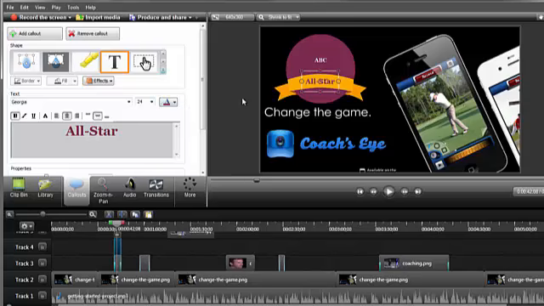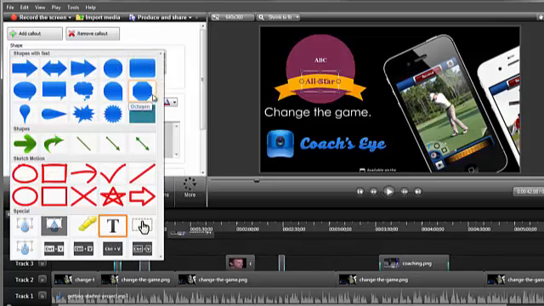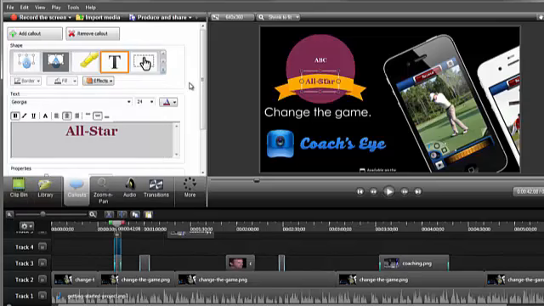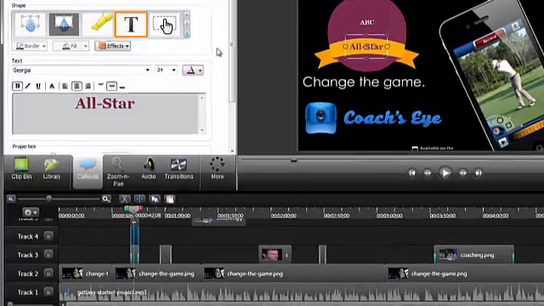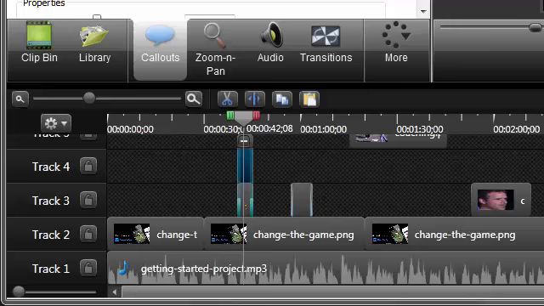You can find a number of other callouts to use in your projects by expanding the Shapes menu. You've probably noticed the video zooming in and out at times, for example here when it's zooming into the timeline. To learn more about adding and customizing zoom and pan animations to your video, check out the other Getting Started